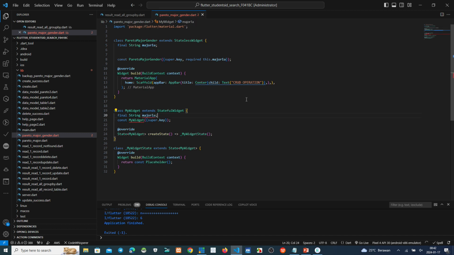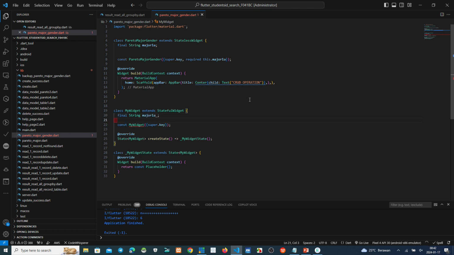But if we use another name, it's okay. Maybe we put here, make underscore here. Is it okay? Oh, sorry. It's okay, no problem. And then here we make a require string 1. Okay.